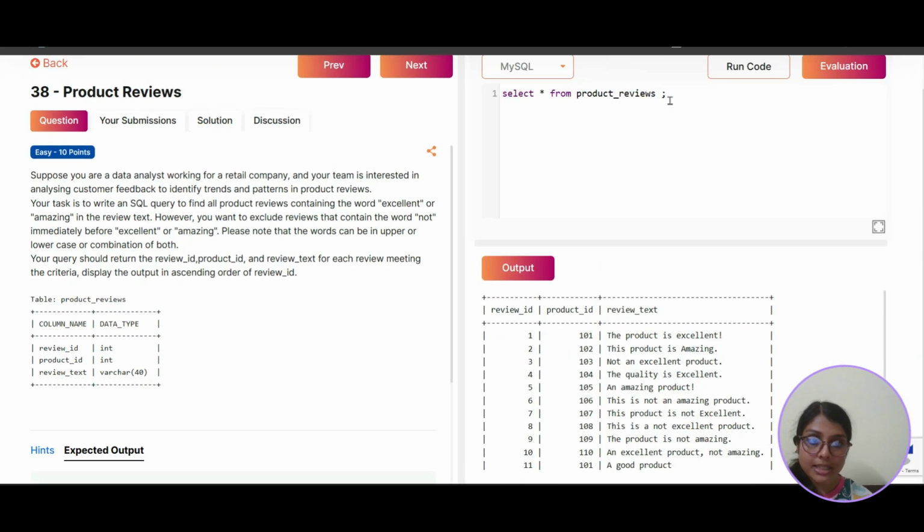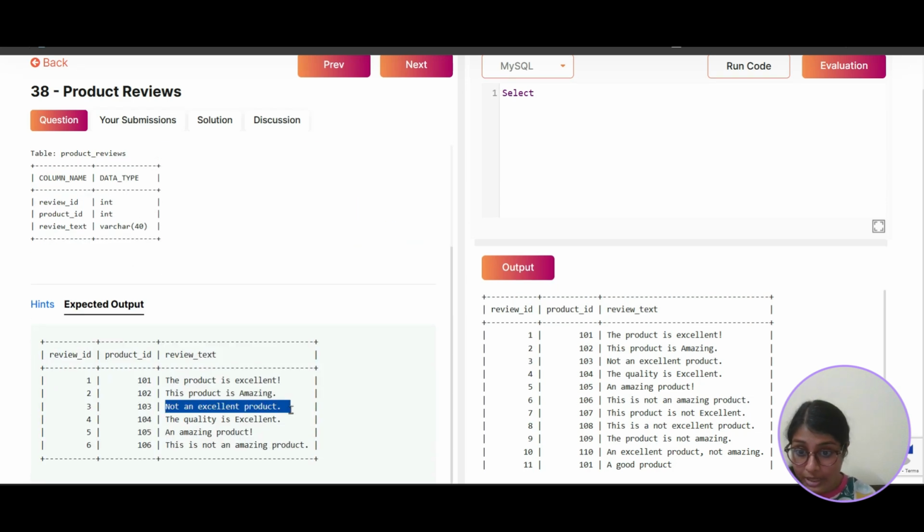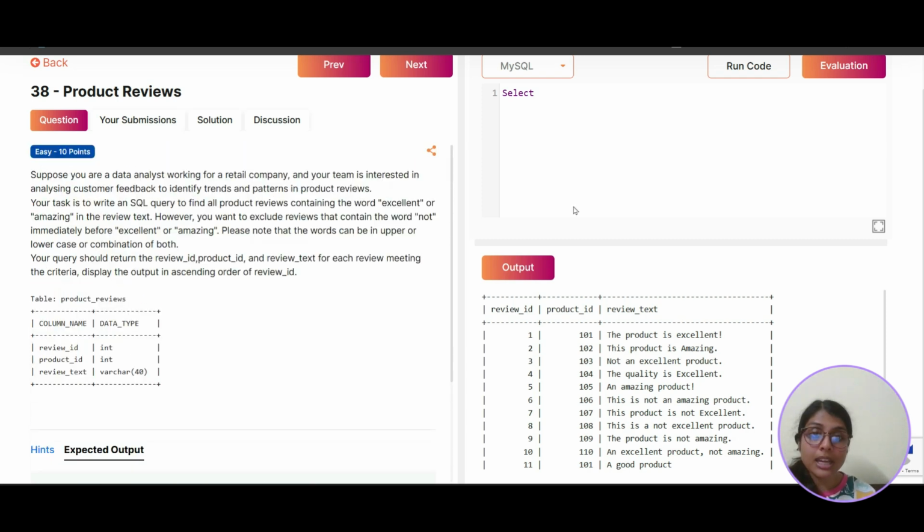Okay, so I think this is kind of a brute force method, because if we just give, let's say it contains amazing and excellent but doesn't contain not, then this particular review also will be out, but we need to bring this one in the output. So we have to make sure that not excellent and not amazing is particularly not part of the reviews. Okay, so select star basically from product reviews